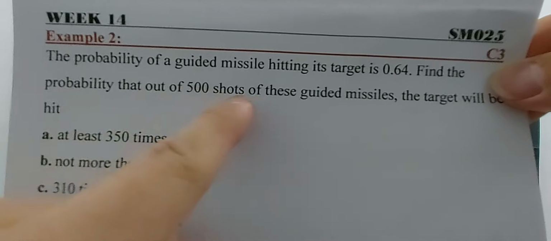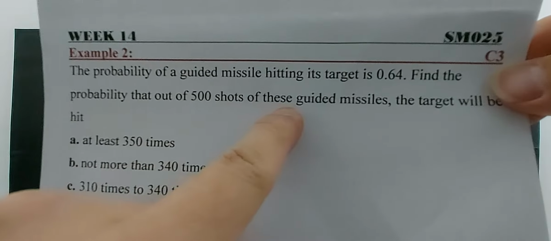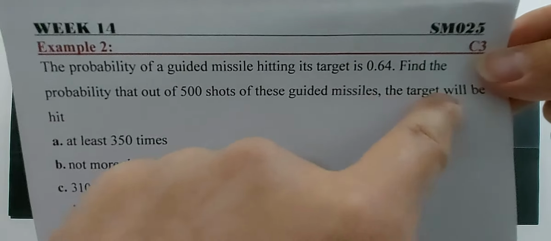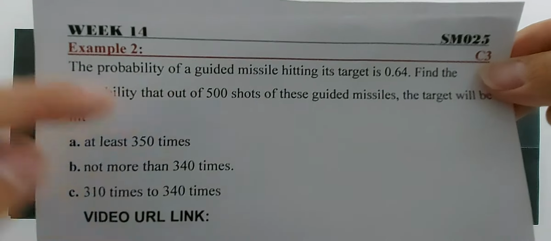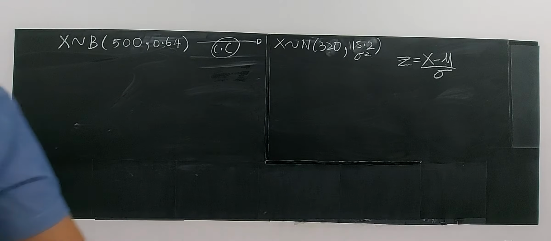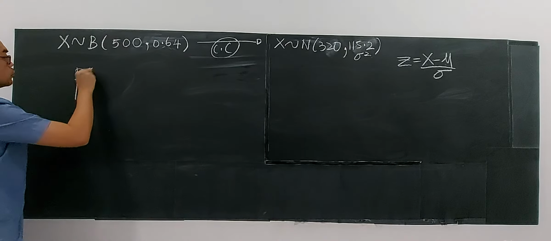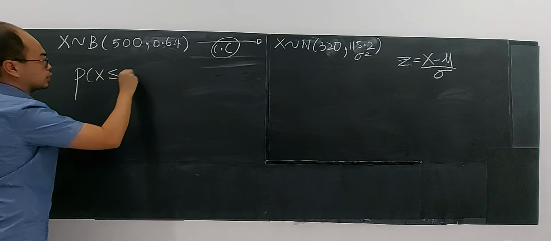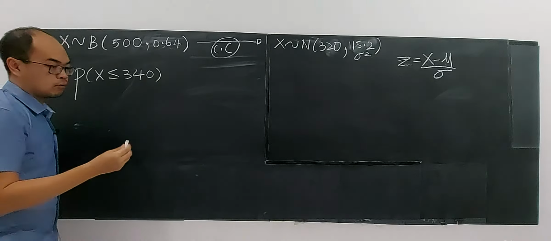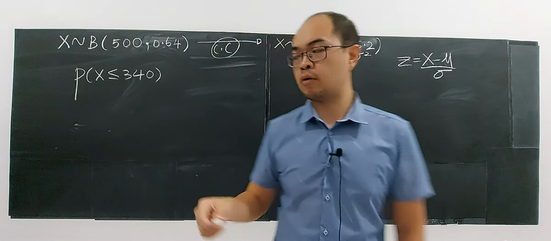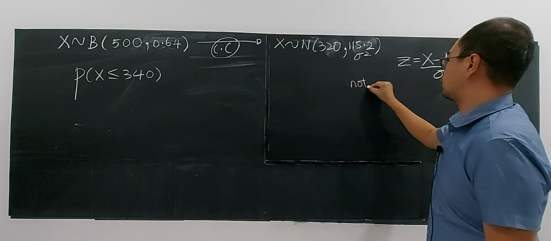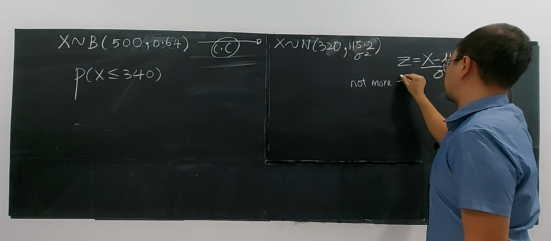The probability that out of the 500 guided missiles, the target will be hit not more than 340 times. Not more than means less or equal, right? Not more than 340 times. If I said not more than 5, for example,